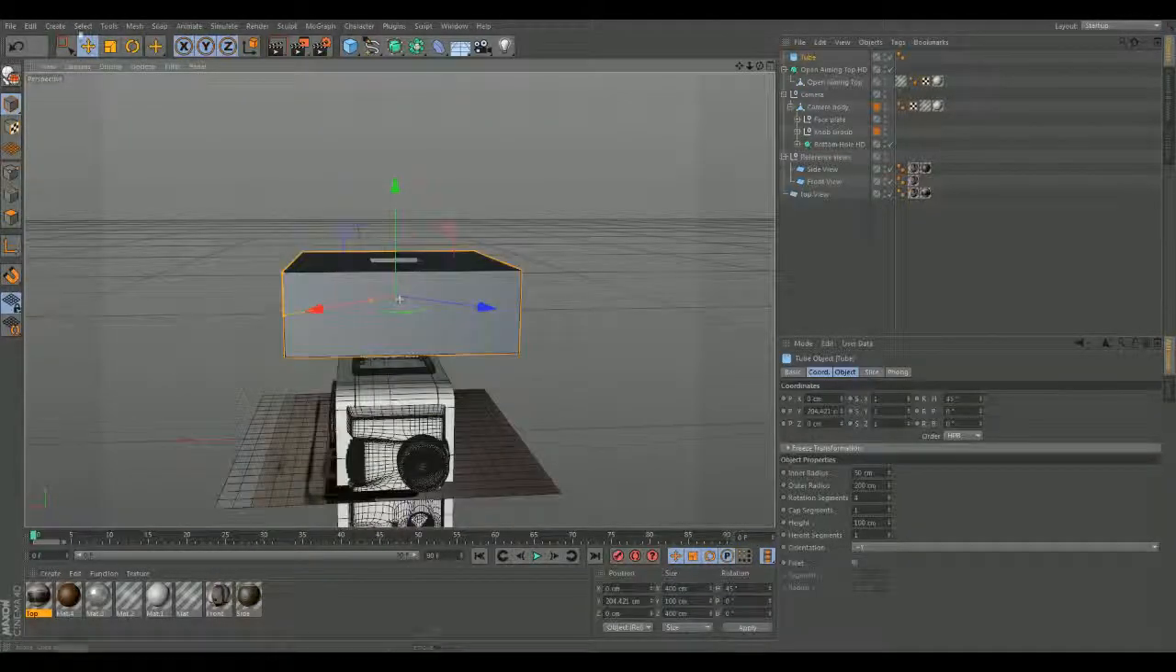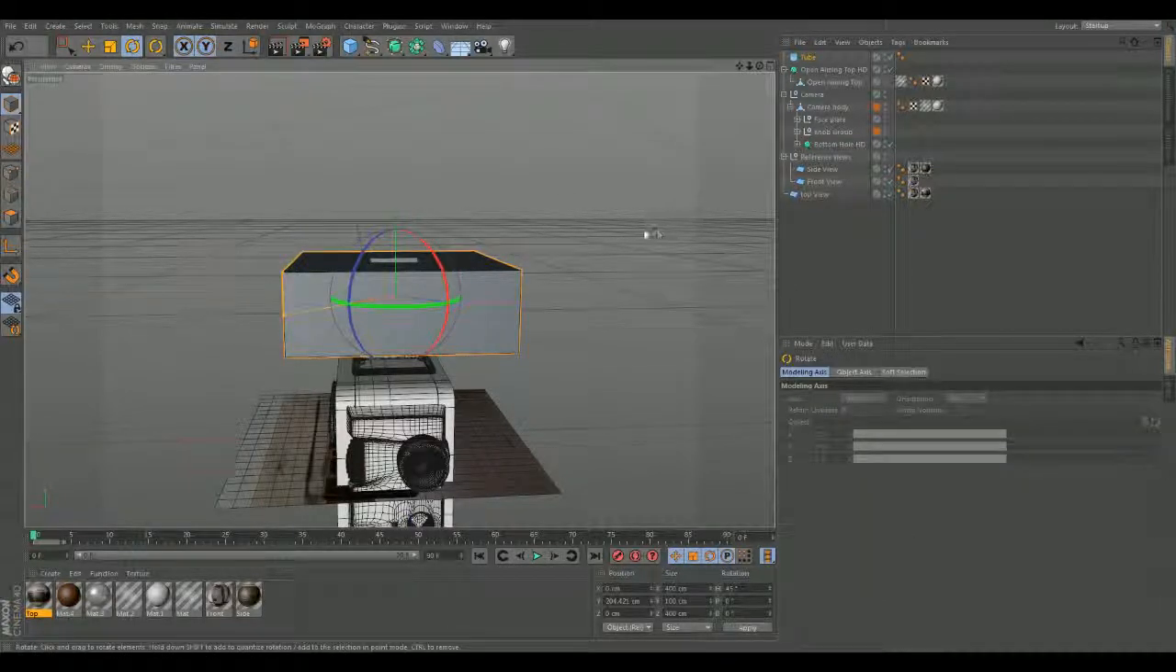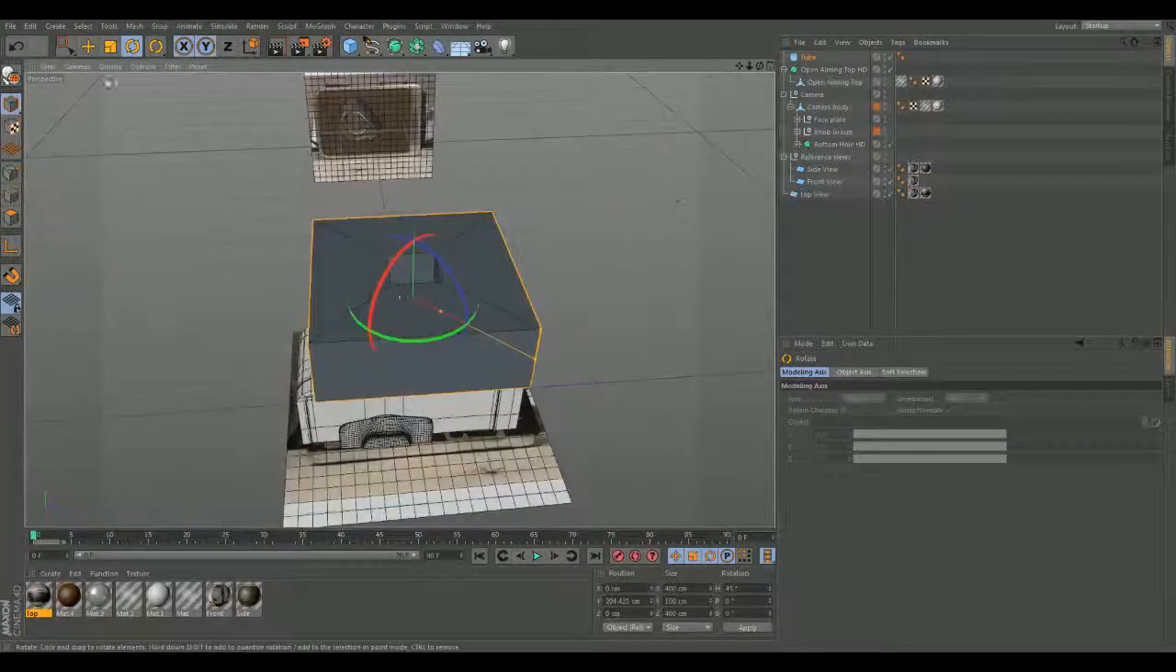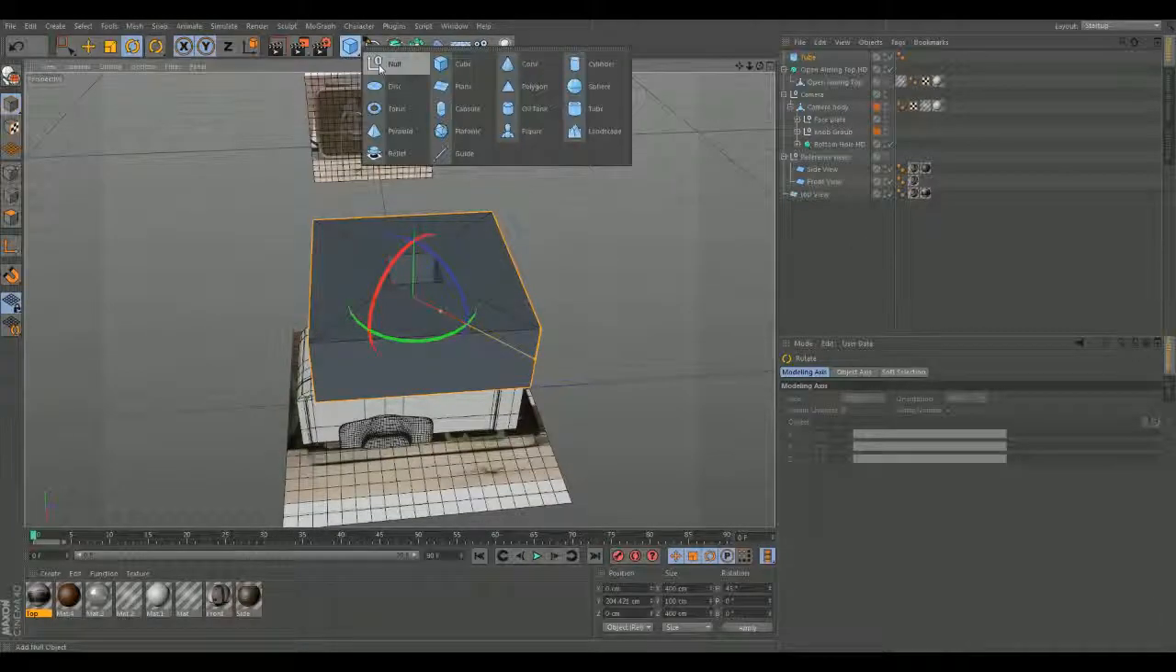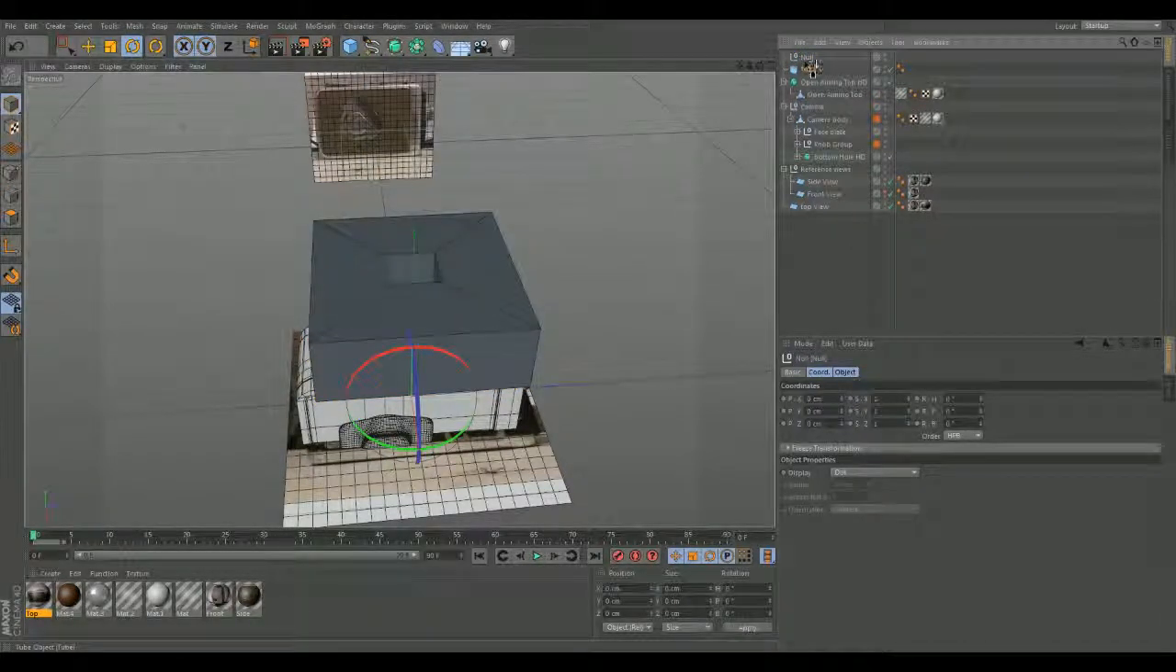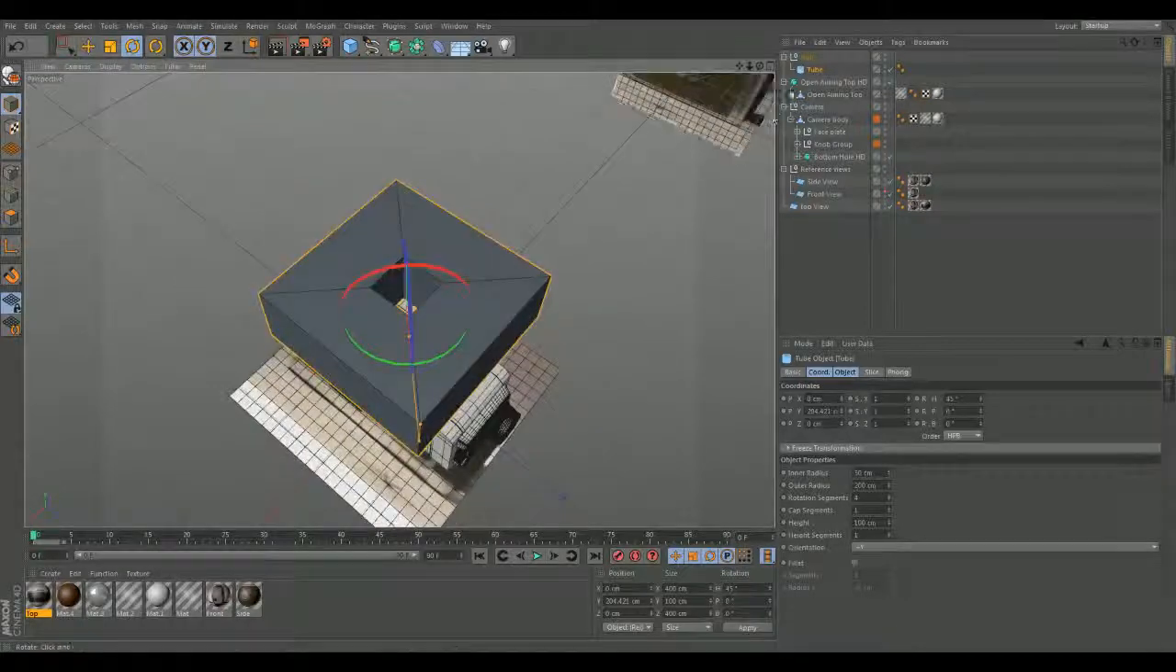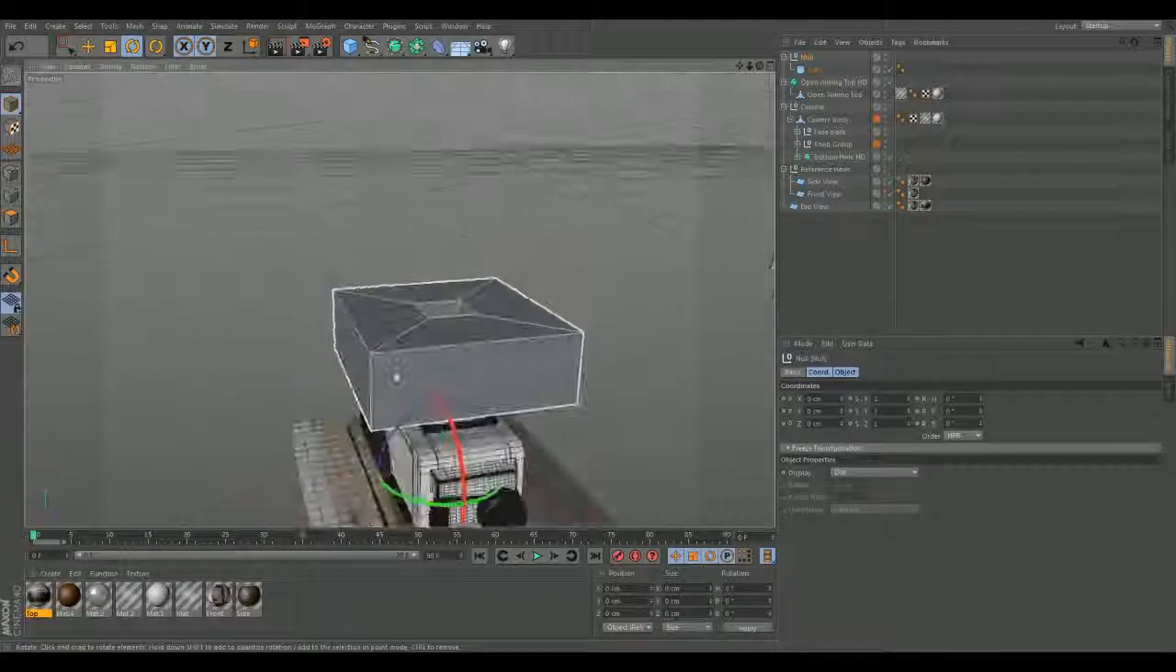Okay, so we got this set up. We're going to go ahead and rotate this. Now this is going to rotate weird, so what I'm going to do is throw this inside a null, and I'm going to select the null itself. Now the null is going to have its own